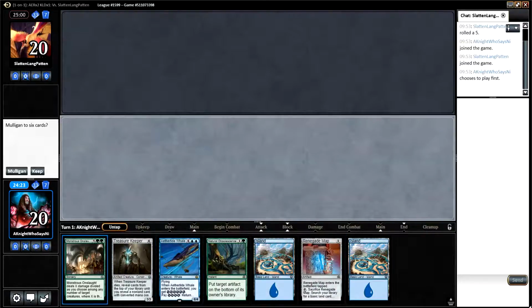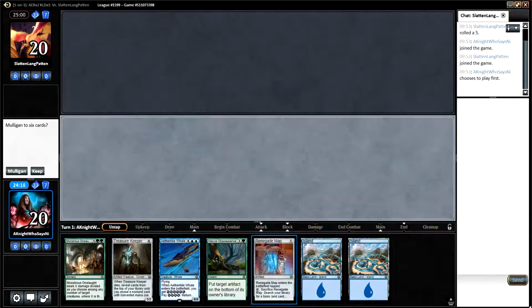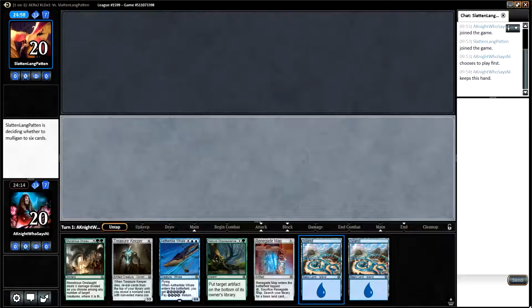I obviously need to find another Forest to cast Monstrous Onslaught. I'm still short of white mana, but because of this I think I have to get green. But I think the hand's still a keep. We just need one more land to cast Treasure Keeper, so...